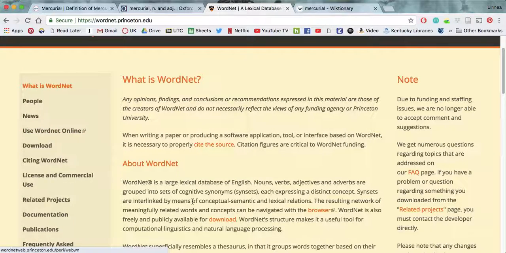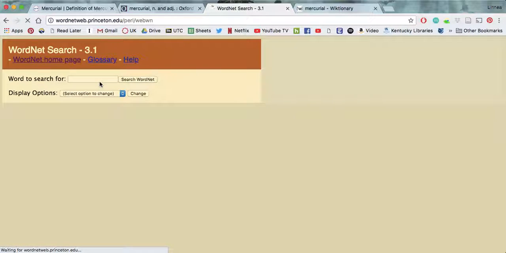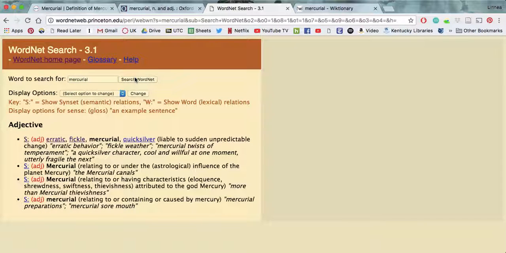So we're going to search it by clicking here on Use WordNet Online, and then we want to type in the word, or select it. Now let's look here. There's no etymology, there's no pronunciation, there are no historical examples, there are very few examples of the word at all, but it's still interested in usage, it's still interested in how this word fits into the language. So we see some synonyms here, and actually the